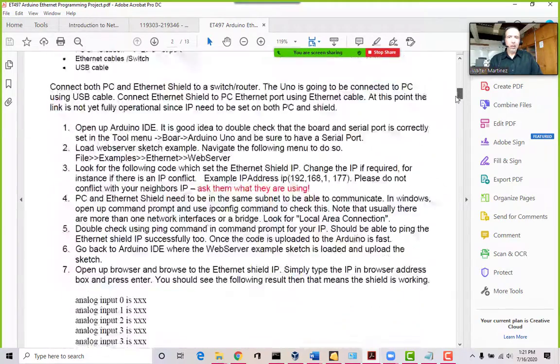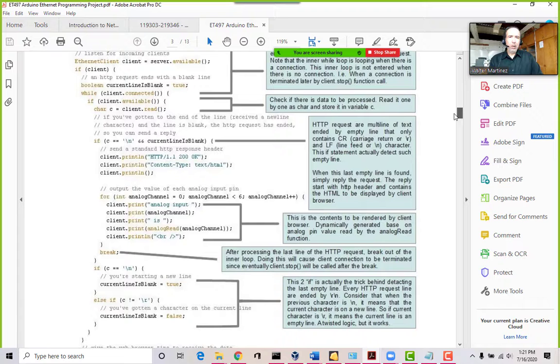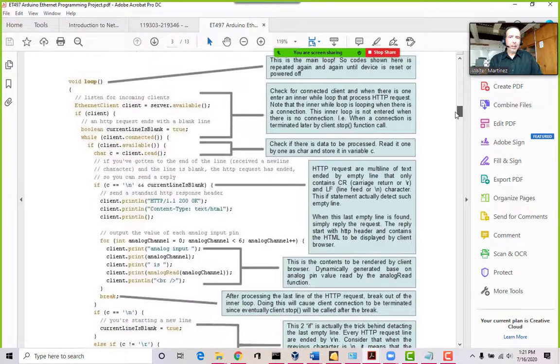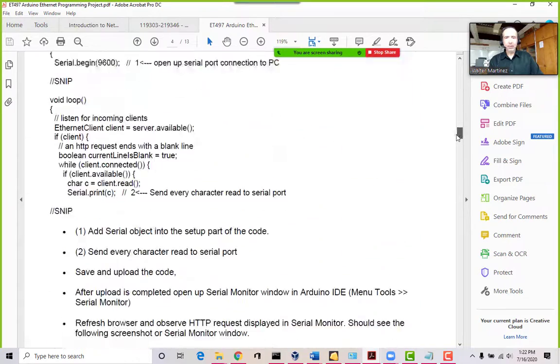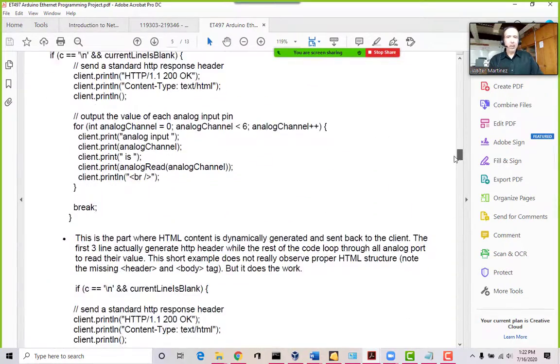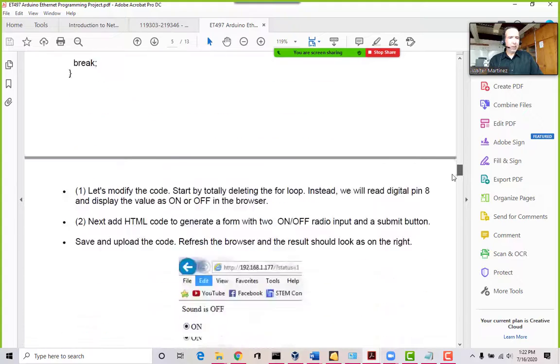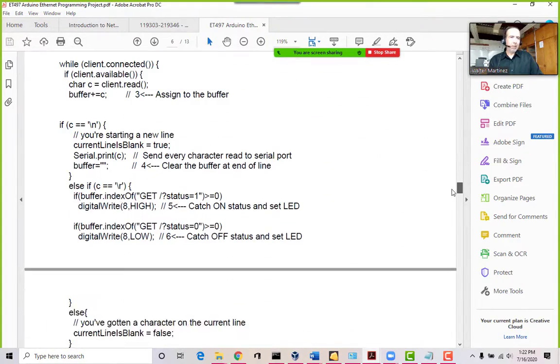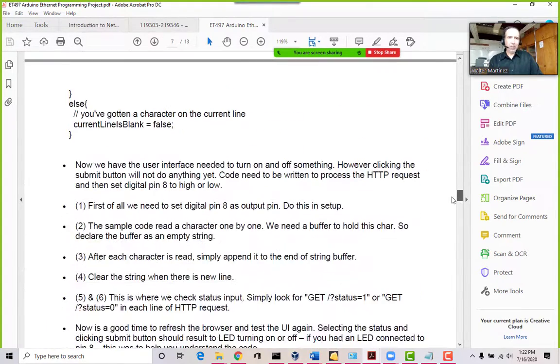Right, so on this one right here, you are going to be creating an embedded server inside the Arduino. So the Arduino has an embedded module that you can make into a web server. Okay, so it's pretty amazing. You have a lot of sample code in here.